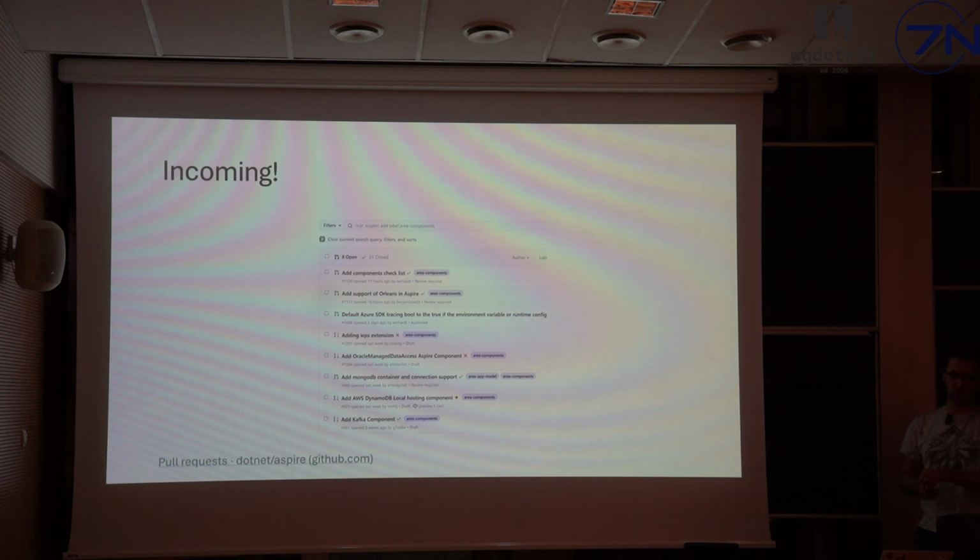Maybe what I didn't mention about components is that from the end user perspective, it registers the client, enables the health checks, tracing, logging, etc. But also the orchestrator must be aware of how to pass, for example, connection strings, which containers to use, and this is why the distributed application builder gives you extension methods like add Postgres container, add Redis container, and behind all of these, the components are like pairs. So we provide you a component and something to use to take a container, for example.